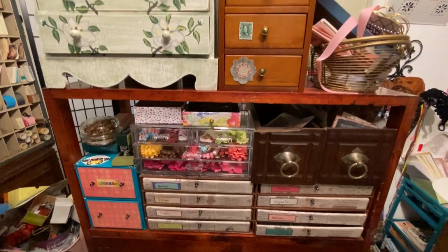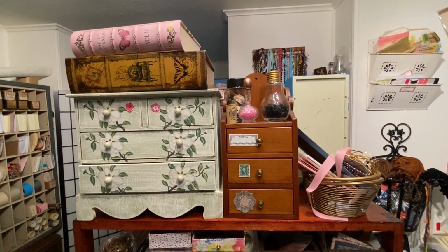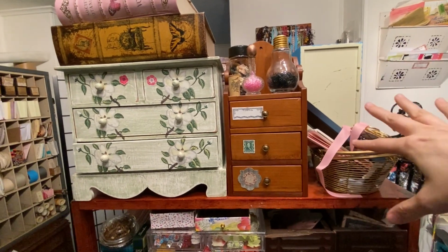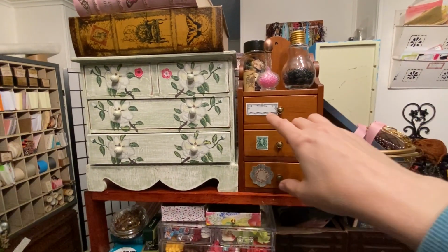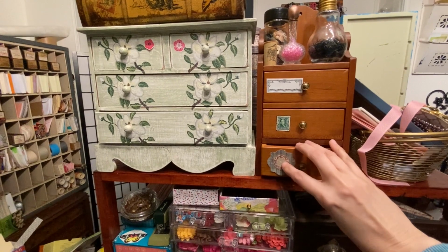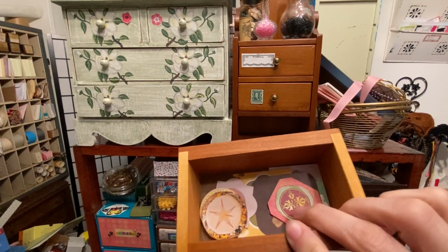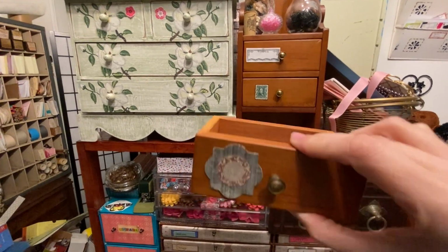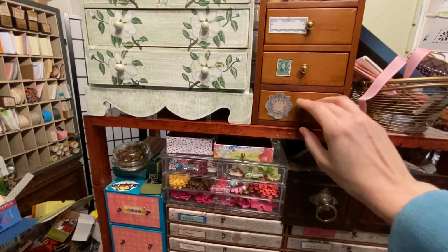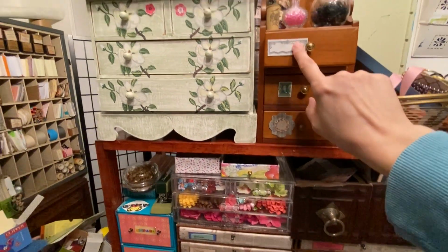Okay, top shelf. You just keep going higher. That's what I say. Just keep going higher. This is my ribbons and stuff that I went and got, and then I need to put them back in the ribbon thing because I'm done using them. This is a little jewelry box. This used to be flowers, but it's not anymore. It is these little design, I don't know what you call them, but anyway, I make these. They're usually 3 layers of just pattern paper, and they add a nice little embellishment, so I use those pretty frequently. Stamps and my labels,